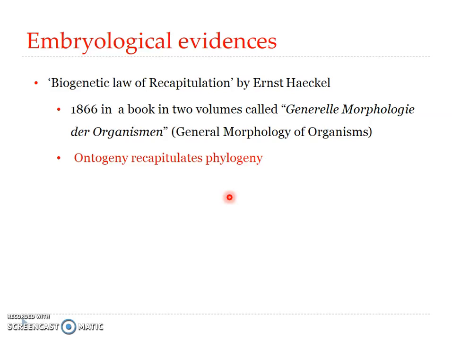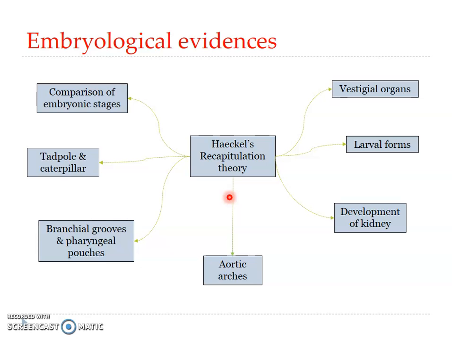Okay. So it says that ontogeny recapitulates. It is simply the repetition. So whatever is seen during the embryonic development of an individual is actually a repetition of whatever has happened during the evolution of a species. That is what the particular sentence refers to. Now, an organism during its development repeats its ancestral history. That could be the summary of the whole concept.